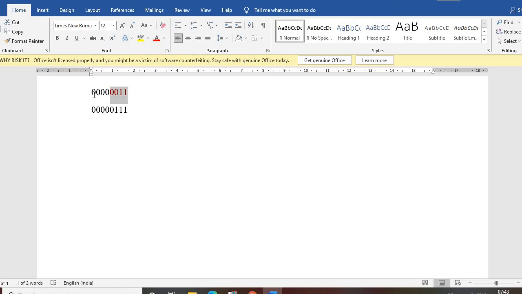That means this value will come first and this value will go to the other side. So after 4 times rotation, the value will become 0011 0000. So from 3 it is becoming 30, and now if I add this with 7, it will become 37.